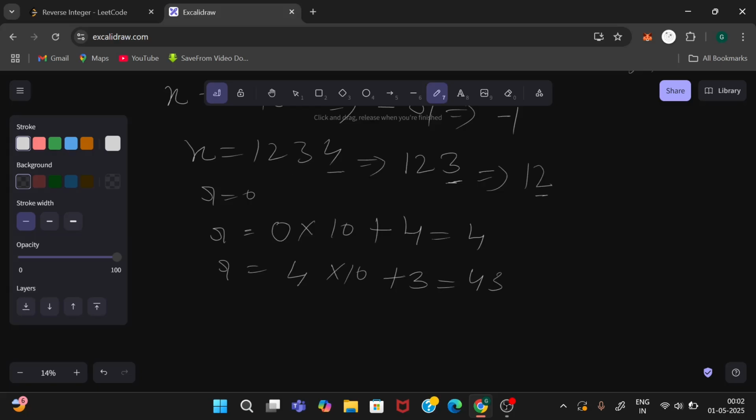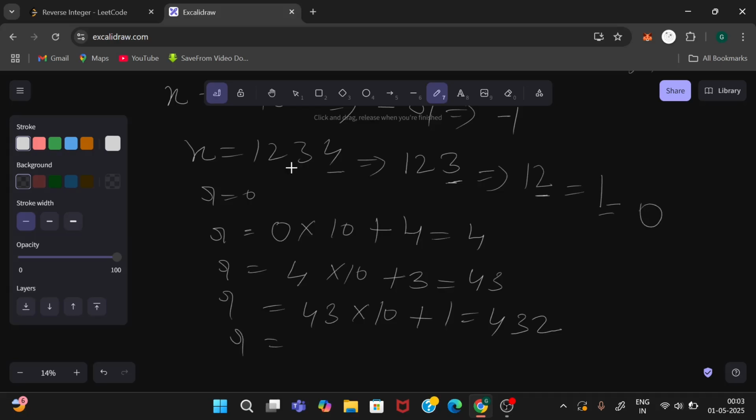Similarly, next the remaining will be 1, and r equals 43 into 10 plus 2, which equals 432. Again we will take out the last value 1, then x will be 0.